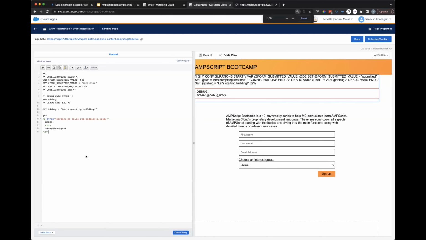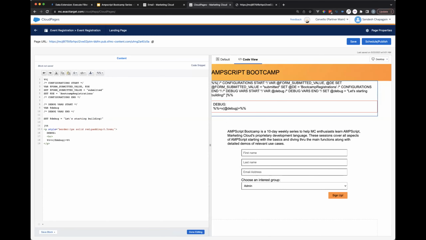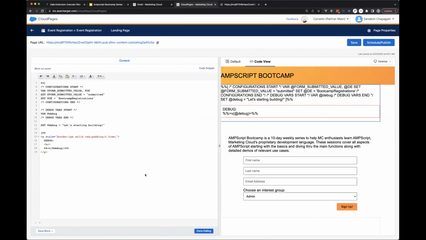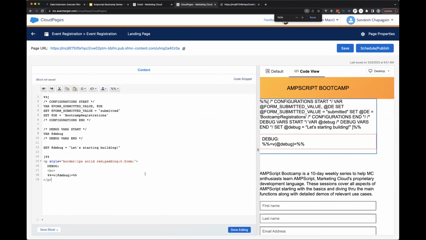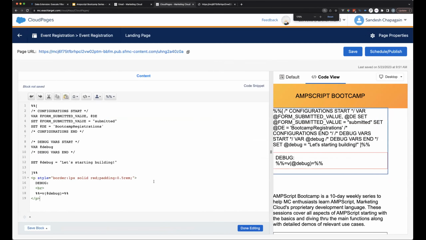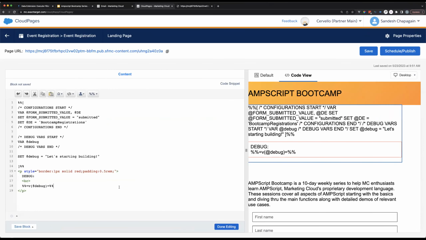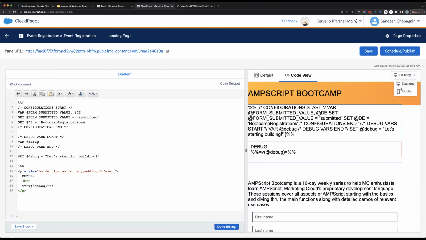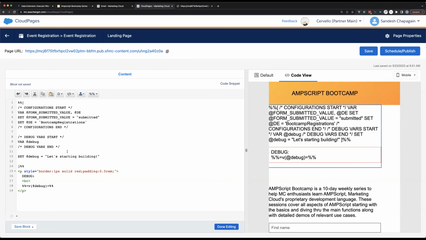Thank you for the comment. You can see, I can definitely zoom in. Is this better? A little bit more, Sandesh. The code is not visible, the code on the left side. I think it is good now. Yeah. Thank you. Okay, no problem. So let's just move this to mobile. Okay.